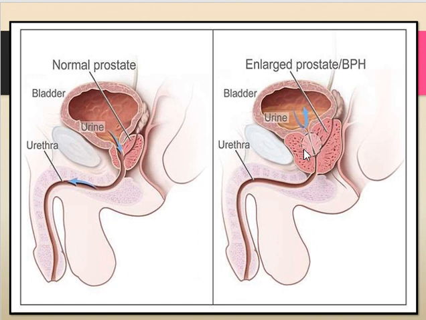When it increases in size, it compresses the urethral orifice. See, this is the normal prostate gland. When it is normal, there is no increase in size, no compression to the urethra, so the urine flows normally and freely through this urethral opening. But when this prostate gland is increased in size, it compresses the urethral opening.